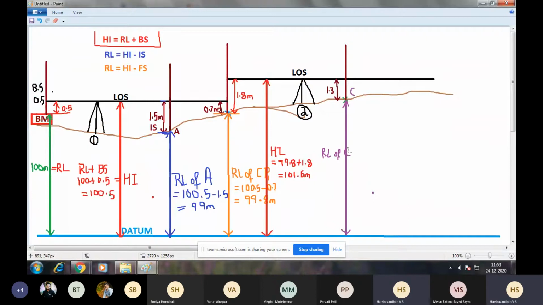Before that, this particular staff reading 1.3, is it a backsight, foresight, or intermediate sight? It is not a backsight because the RL of point C is unknown. I still don't know what the RL of C is. It has to be an intermediate sight or foresight.